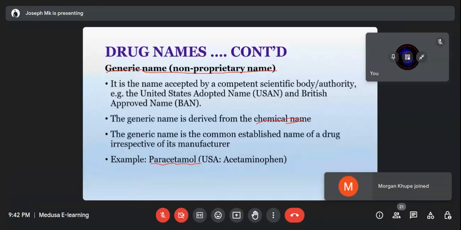It's not a generic name. It's a brand name that a certain company came up with to say, okay, we are going to call this drug Panadol, but the main ingredient, the generic name, is supposed to be called paracetamol. The people who manufactured that drug called it Panadol to claim ownership. So that name, Panadol,